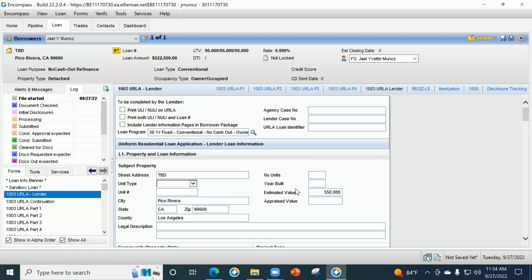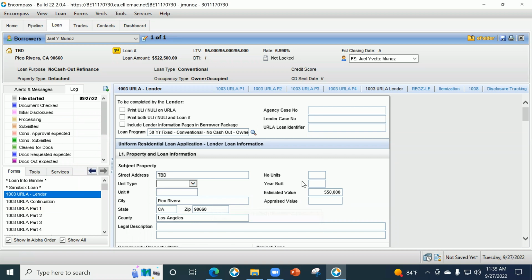The first time I started completing this application, it took me over half an hour just to get to know the pages. Actually, it took me like about 45 minutes the first time because I was barely getting to know it. Now it takes me anywhere from 10 to 15 minutes to complete a full application. It doesn't take me long because I follow these steps and I already know where everything's at, right? Of course, our application went from 4 pages to 10, so it's very, very different. Anywho, so I go to the ERLA lender because this is where my property information is going to be